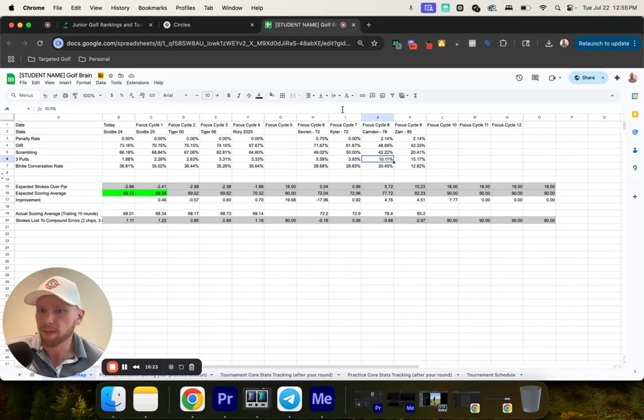Is that working? That's one of the benefits that I have of being able to work with as many players as I do. I'm able to see this across so many different players and say, okay, cool, lag putting is a problem. Here's the thing that's going to solve it 9 times out of 10. And if it doesn't get solved, it's usually going to be these reasons. So I have almost like a decision tree of, okay, here's what's going to have the